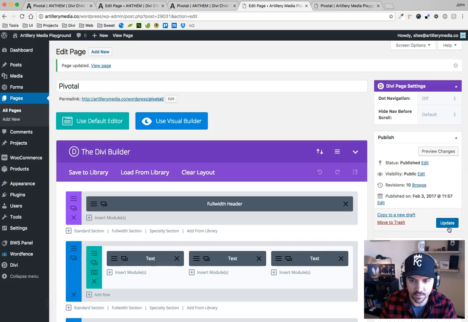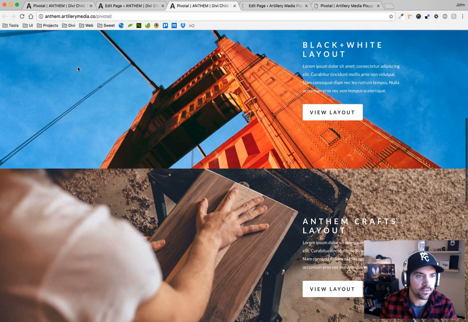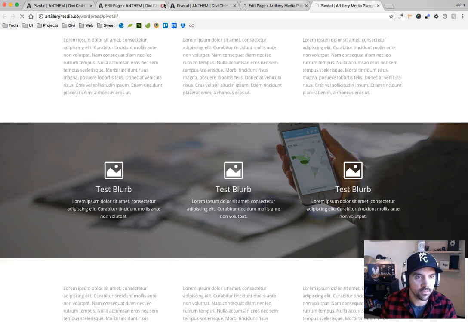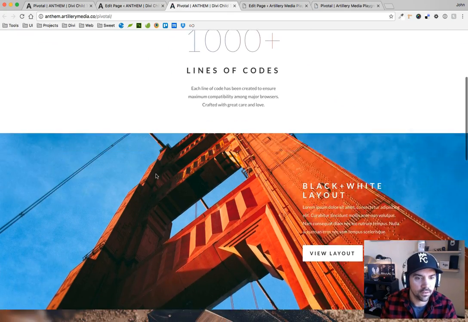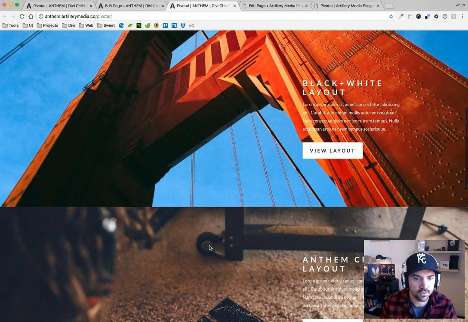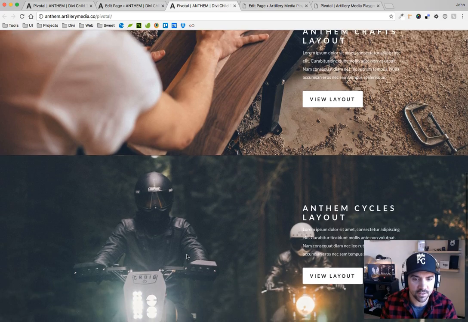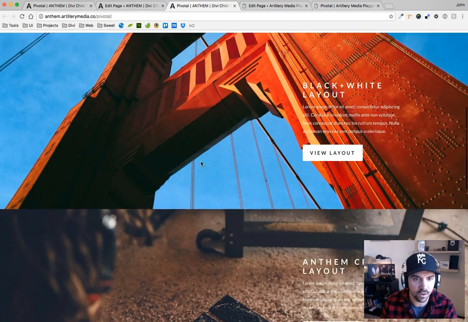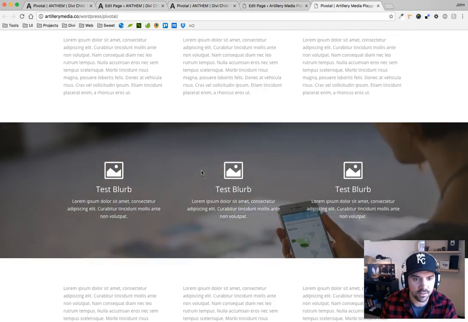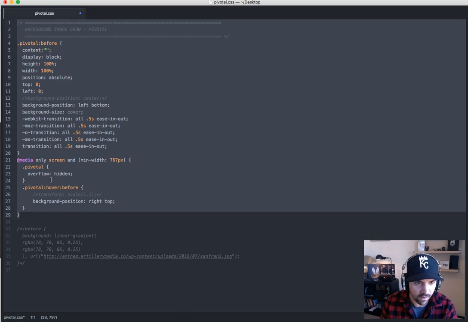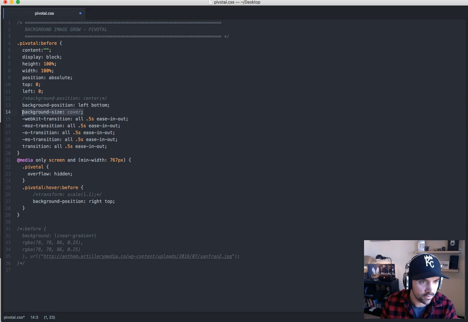All right, let me save this now. Okay, this should be better now. Save this one too. Yeah, there we go. That's kind of cool. That's a good placement right there. The trick is though on this, well, this is fine. This one with the background size on, it's just going to go up and down, and that's pretty cool. But if I take off the background size cover, so let me comment that out,